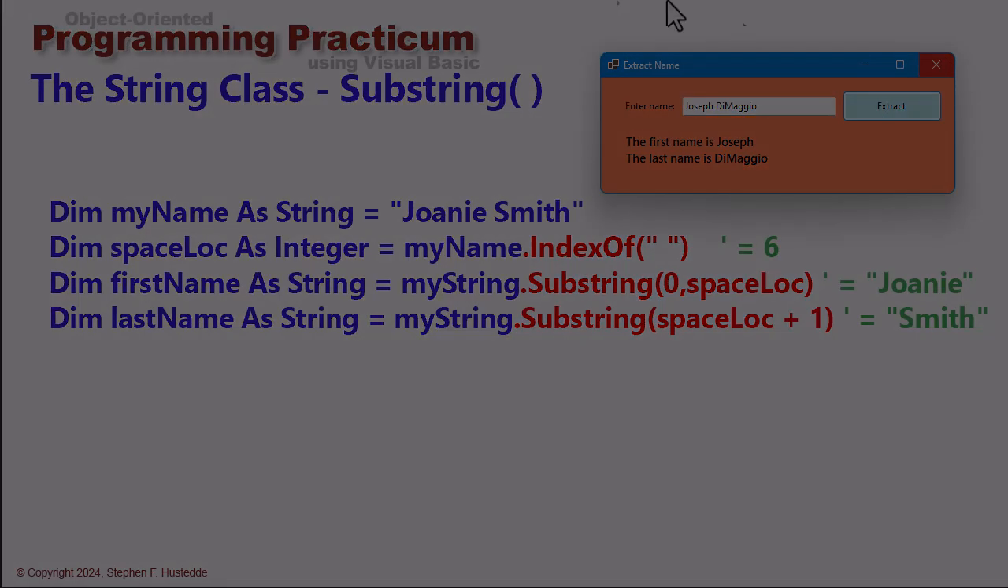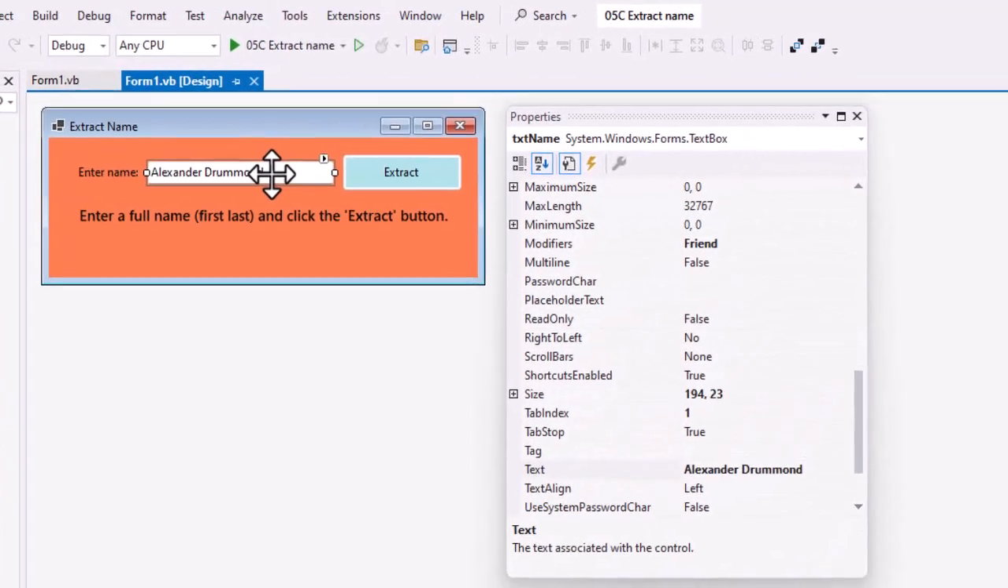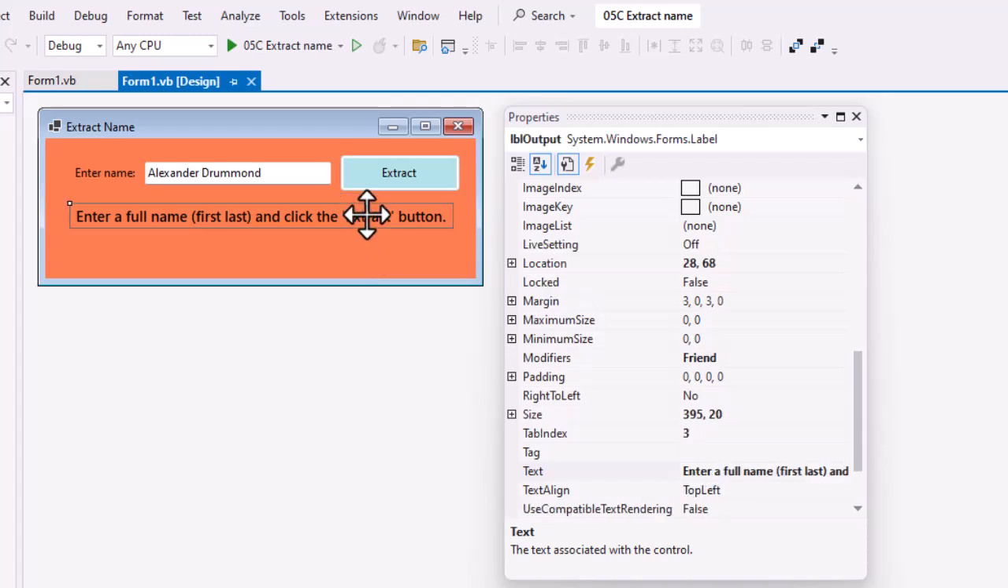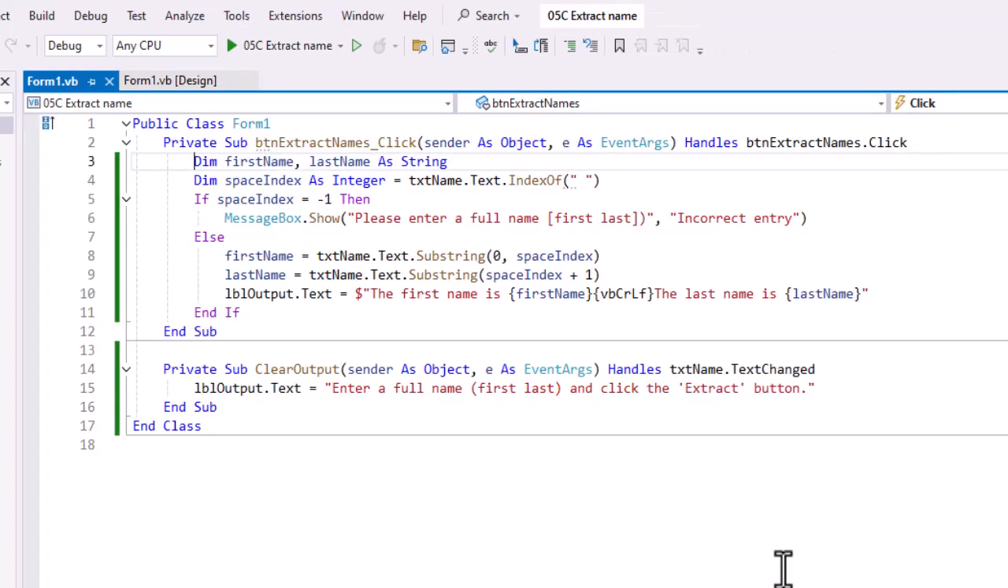Let's take a look at the code. In the interface, I have a text box named txtName, a button named btn extract names, and a label lbl output. The code for the button is I'm going to dim first name and last name as string. I'm going to find the space index as an integer, that's a variable name, space index, equals txtName.text.index of, and I'm looking for a literal space. So quote, space, quote. If, however, it comes back with a -1, meaning there's no space in the name, I'm going to show a message box that says please enter a full name, first, last, and the title being incorrect entry. Otherwise, we'll extract the first name as